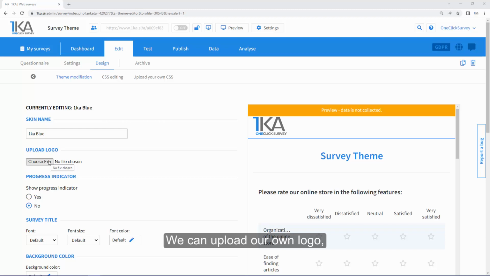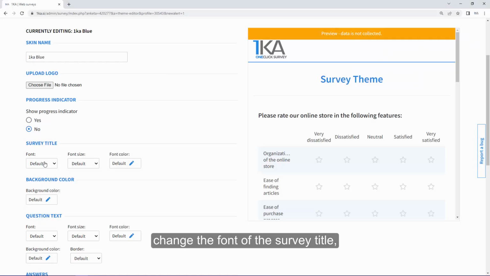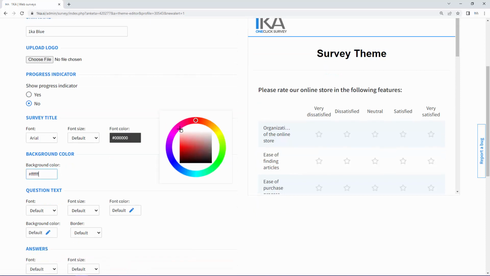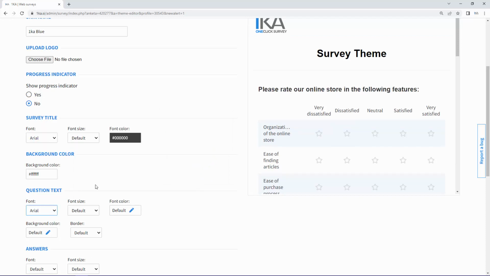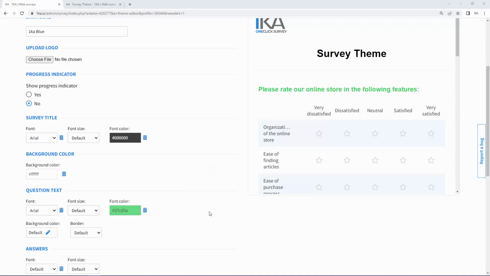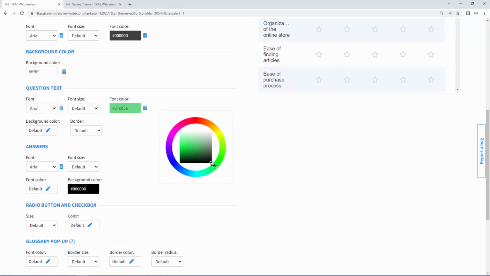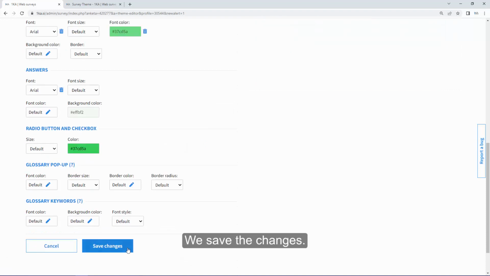We can upload our own logo, show or hide the progress indicator, change the font of the survey title, background color, question font, answer font, as well as radio and checkbox buttons. We save the changes,